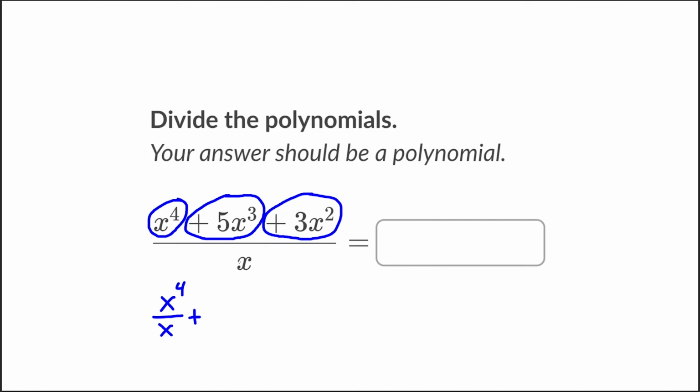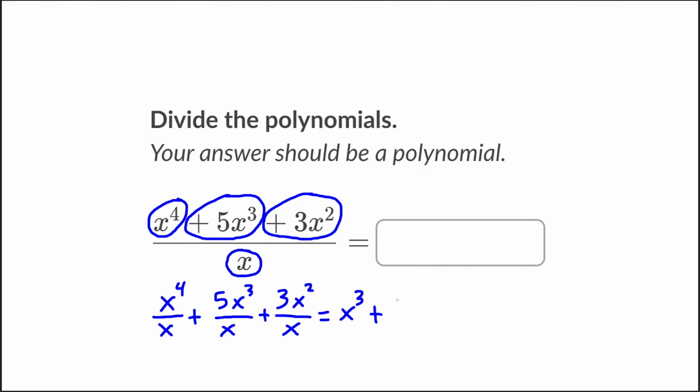So we got 5x cubed divided by x, and what else we got? 3x squared over x. Okay, and what does that equal? Well, 4 minus 1, that is 3. So we have x cubed plus 5x cubed minus 1,